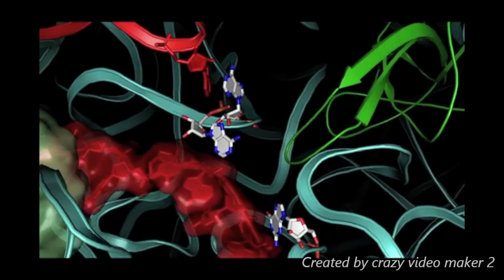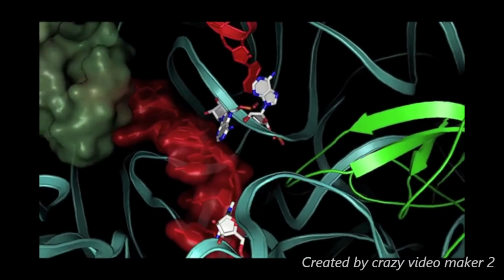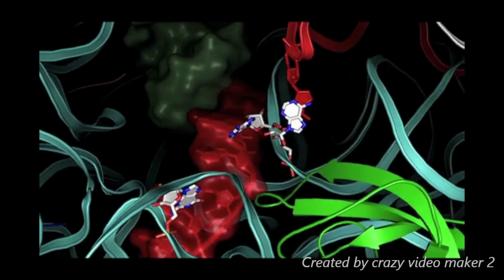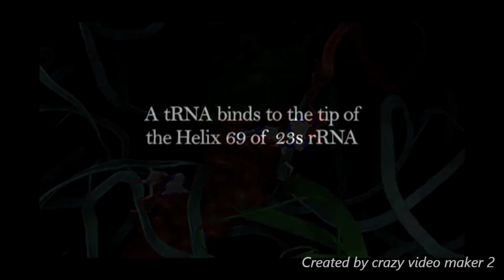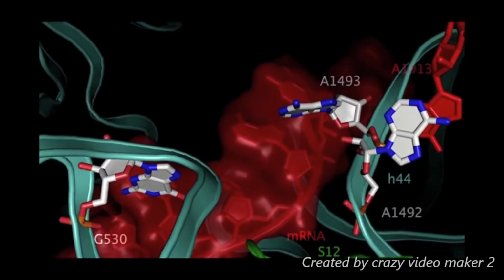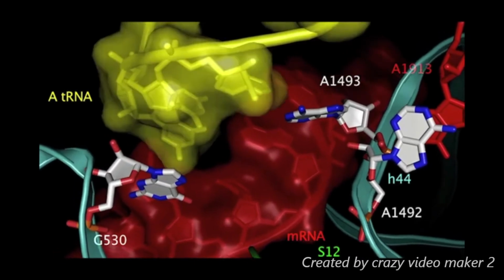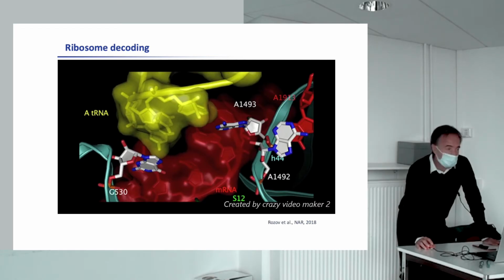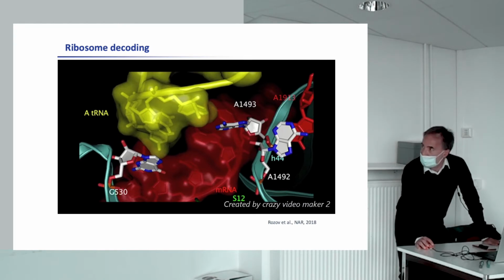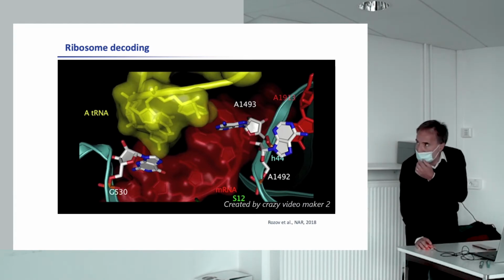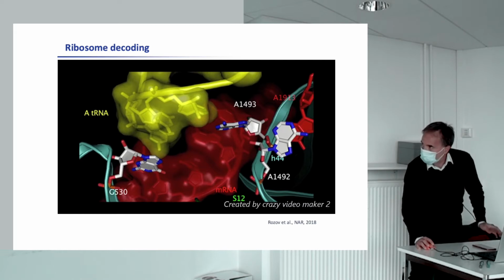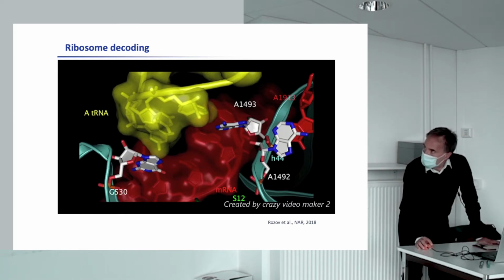This is just a journey to let you appreciate that the A site is quite large at the moment. I will probably go faster ahead. So here is the tRNA that arrived. Just to let you understand, we have in red the messenger RNA and in yellow the A site tRNA that is coming. The conformation is still open, but very rapidly you see